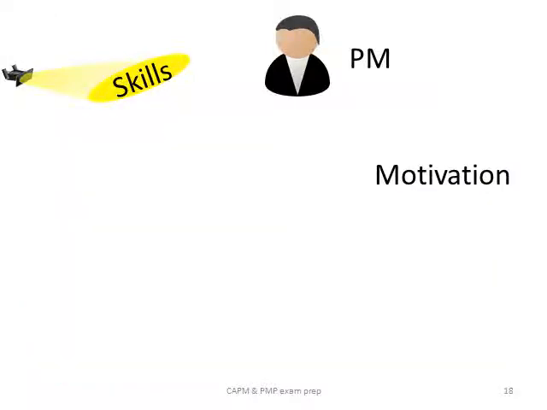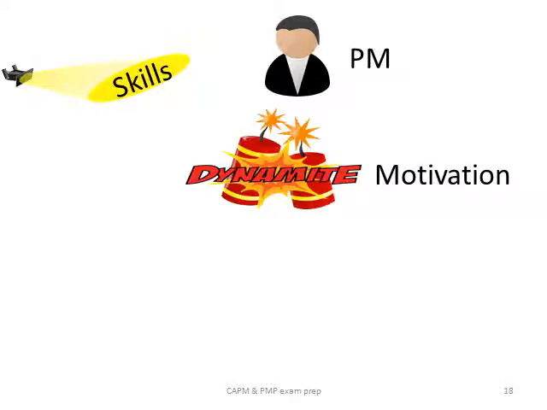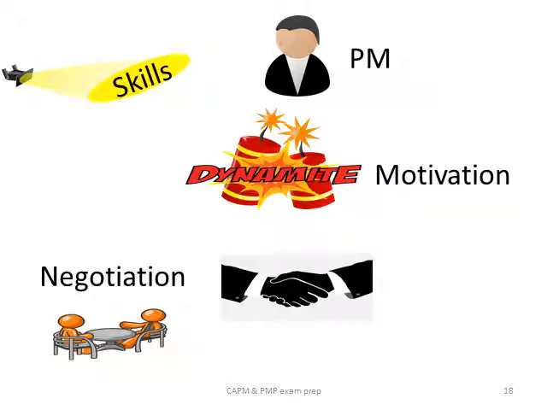A project manager will also need the skill of motivation. This is the skill of getting people to act and perform in a certain way. Sometimes it's easier just to use dynamite. The next skill a project manager will need is that of negotiations. This is the skill to move through, around, or over some item in a satisfactory manner to bring agreement to each of the parties.